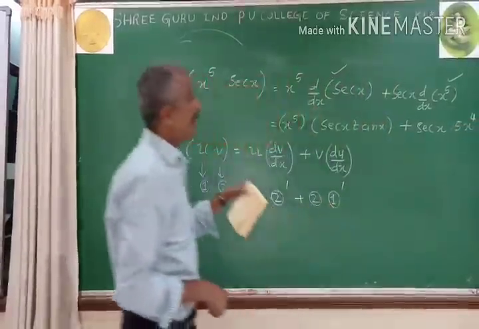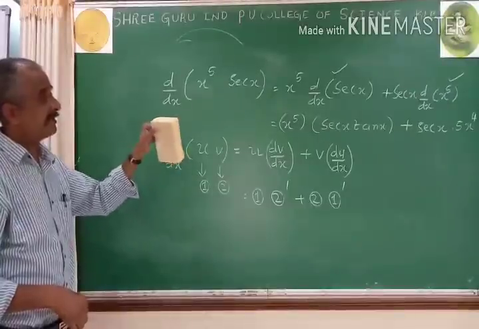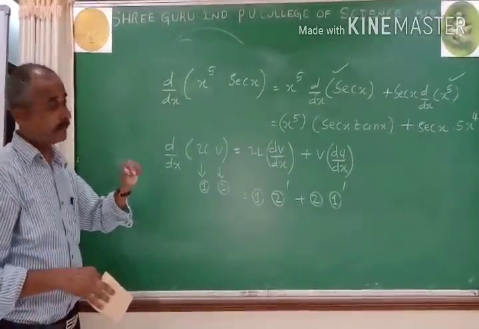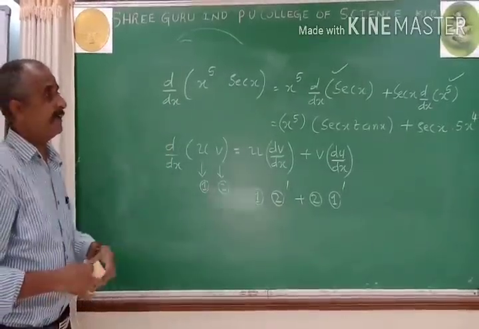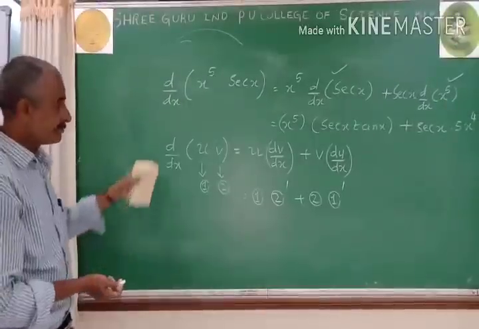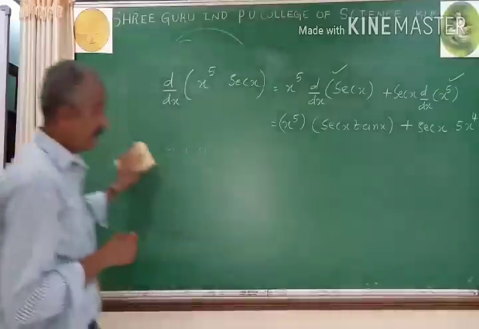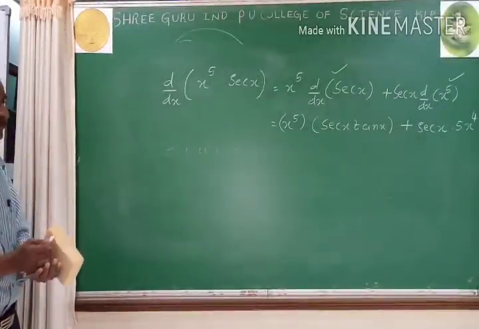Further, if required, simplification can be done, or you can stop here as it is, because these are all just problems to get an idea about sum rule, product rule, quotient rule, etc. Not beyond that. And after this comes the quotient rule, which is also called the division rule, which is applied to calculate the derivative of the division of two functions.